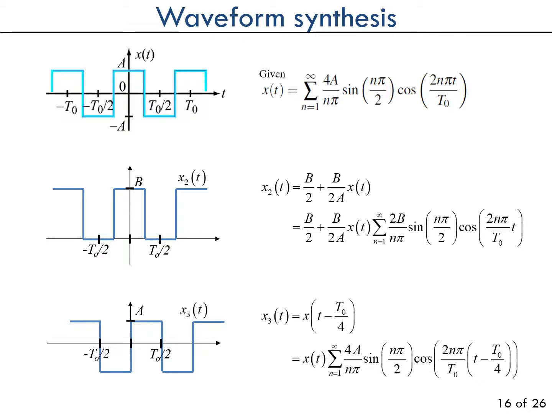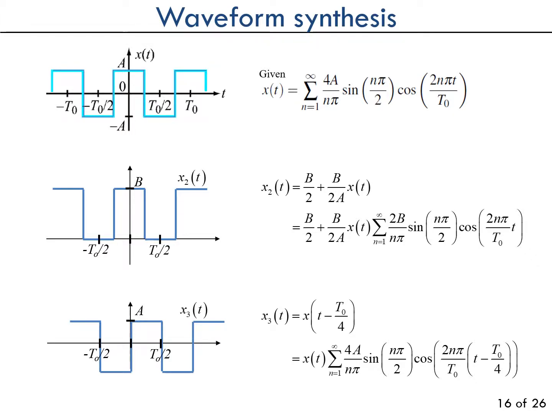The first term, that b over 2, is your DC offset, where you're getting the entire thing above the horizontal axis. Now for x3, that's a little easier to deal with because it goes up to A